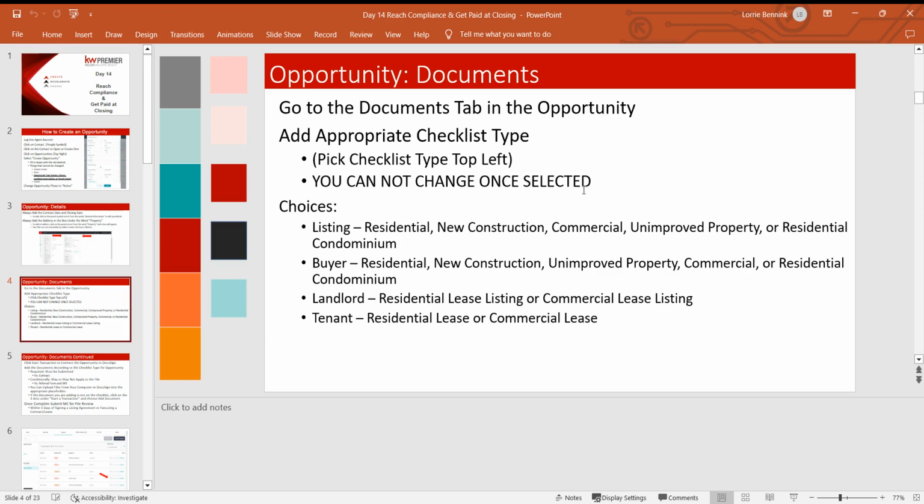For a landlord, you're only going to have two: the residential lease listing or the commercial lease listing. And for a tenant, you're either going to have a residential lease or a commercial lease. It's very important that you choose the correct opportunity type because each of these checklists is designed for that particular